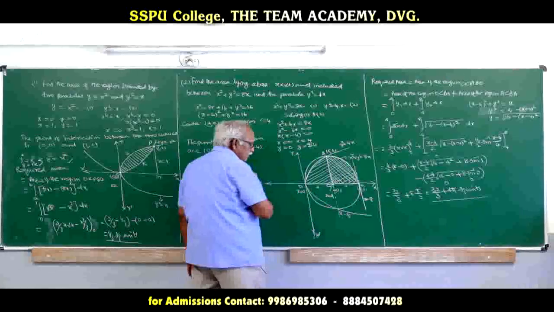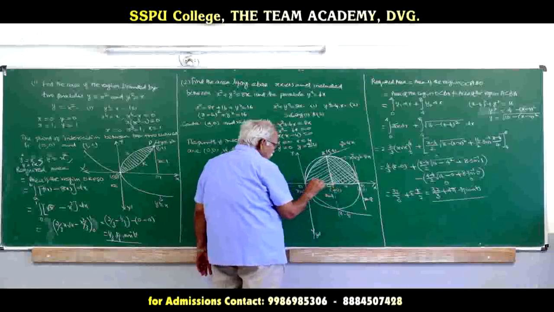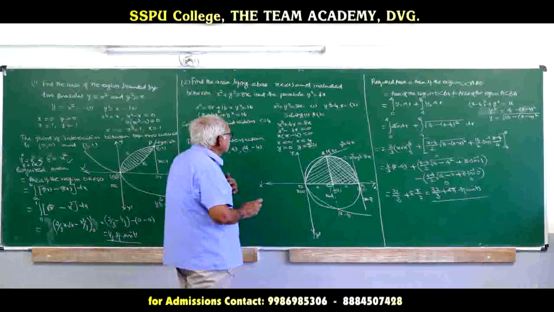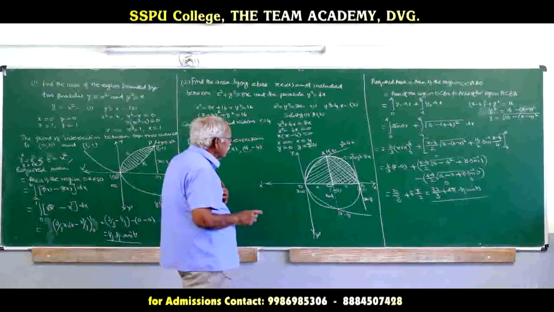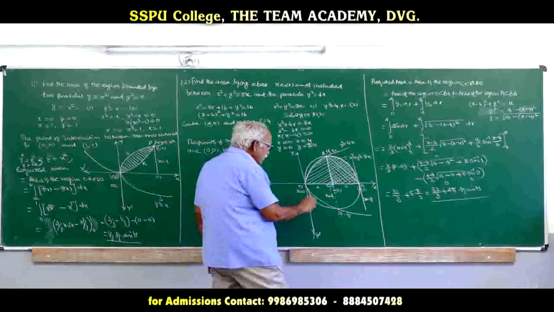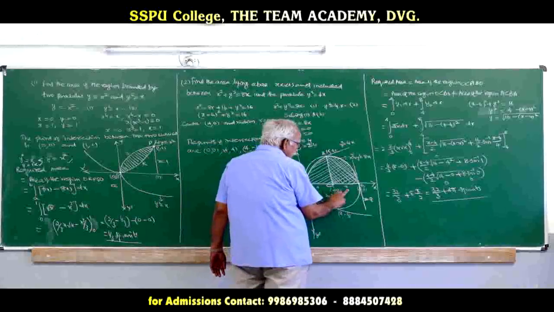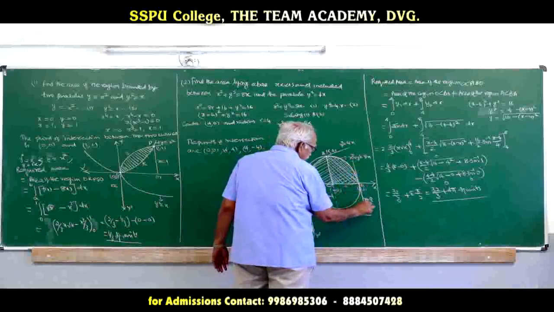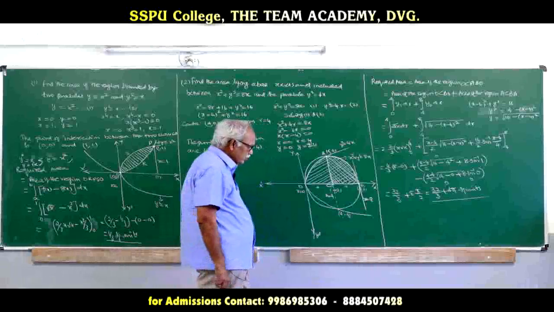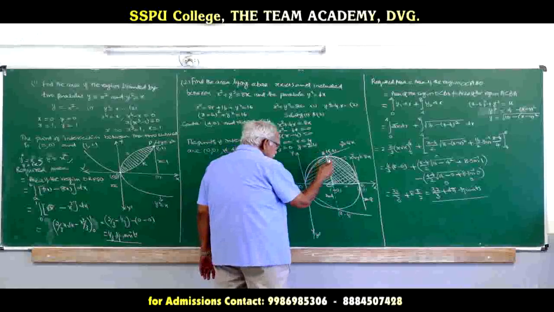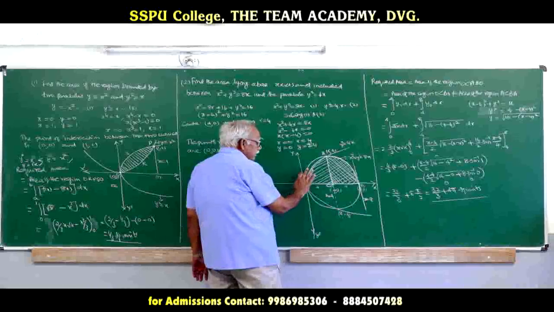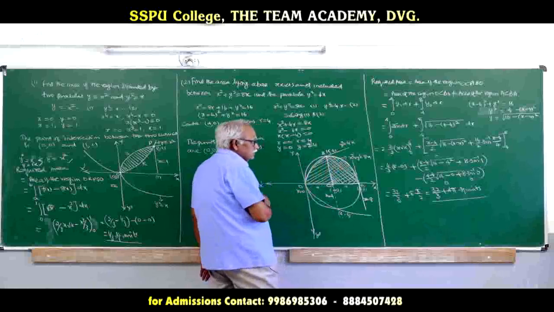Then draw the figure. The center is (4, 0). The circle passes through the origin, x is 0, y is 0, and the radius of the circle is 4. So, this ordinate, that is OA, becomes x is equal to 8. OA is equal to 8 we are getting, and we are splitting into two areas, one area for the parabola curve and another area for the circle curve.